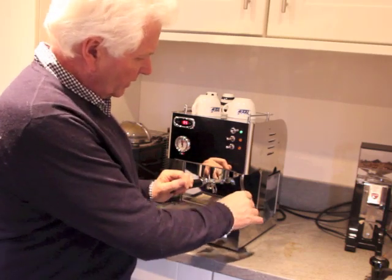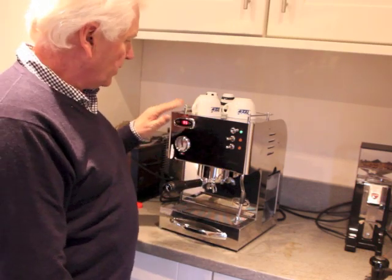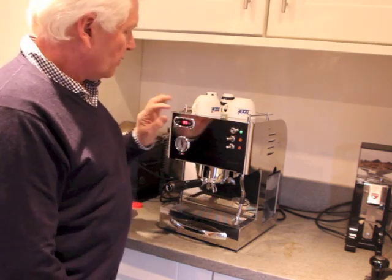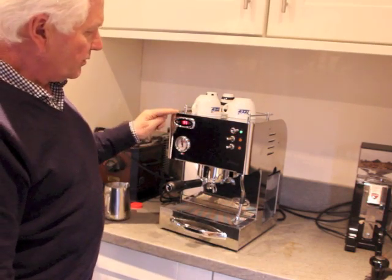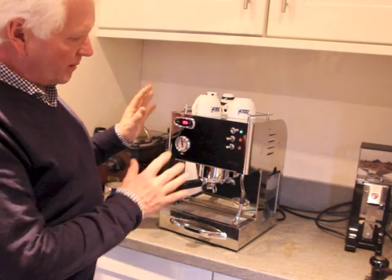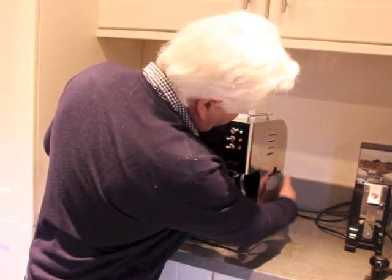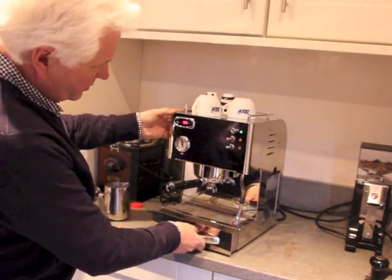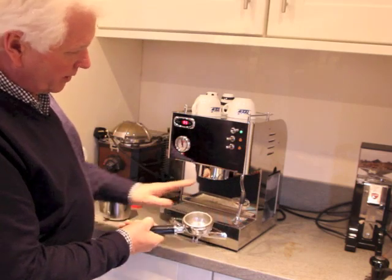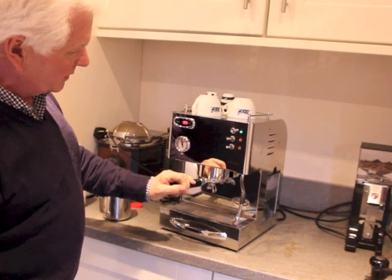Quite a unique machine in its price bracket. It has a standard boiler for the coffee and a thermoblock for the milk. Also a PID, so you can actually fine-tune the temperature of the coffee. Quite a package in a very compact machine, quite nice to look at, retro design, large drip tray, standard E61 size portafilter holder, although the actual portafilter itself is not an E61, but